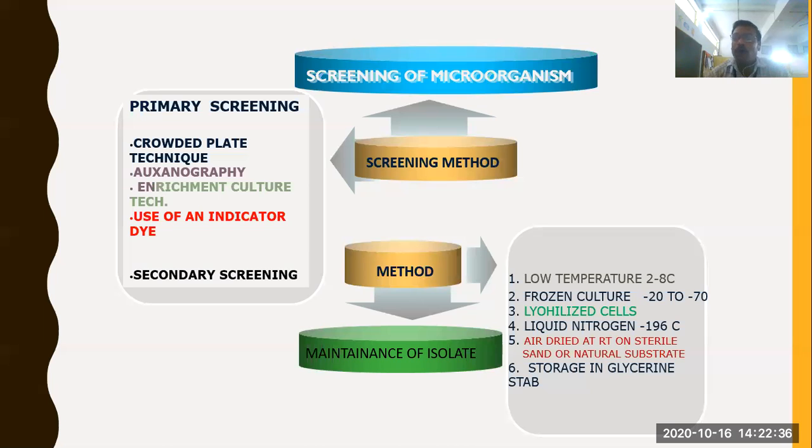So screening is always followed by two important processes, primary as well as secondary. And after the secondary screening, it is your moral duty to preserve this culture for a longer period of time, depending upon which type of industry it is. If my industry manufactures any kind of food, I will maintain my isolates accordingly. If it is a pharmaceutical industry, they are preserved accordingly. But preservation is mainly done by 6 important ways.